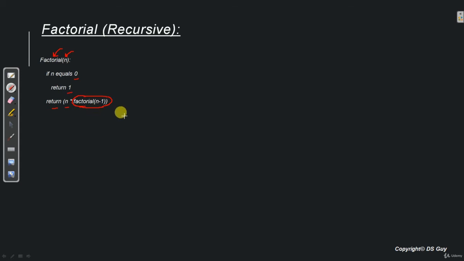So let's say we want to call this method factorial n with value 5. What happens? If this value over here is 5, the control comes here. It says if n equals 0, no, it is not, it is 5. So it will not come to this return statement, it will come to this return statement. Now what is this return statement? It says n into factorial n minus 1. So what is n right now? It is number 5